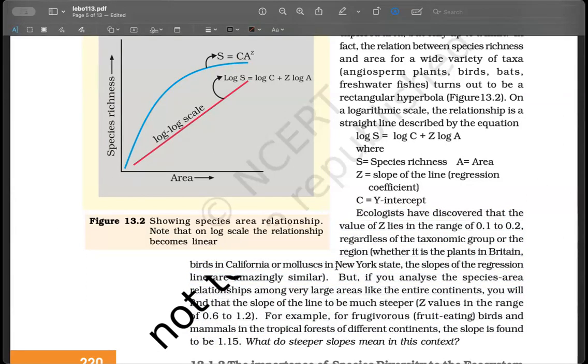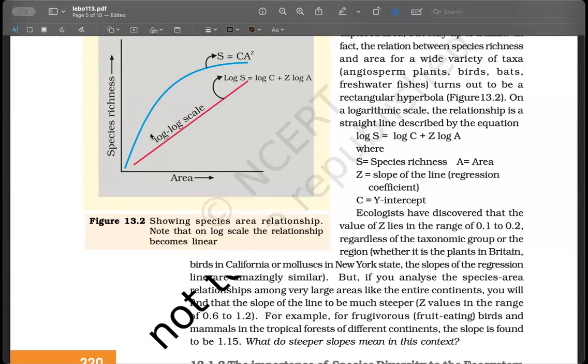Yes, sir. Okay. So I was asking, if I increase the value of the slope, the z value, will the line be more blue-like or red-like? Red-like. First of all, red-like, you understand. So let's say this red line has a z value of 0.5. Now, if I make a line with a z value of 1.2, that red line will be much steeper, right? It will go something like this.